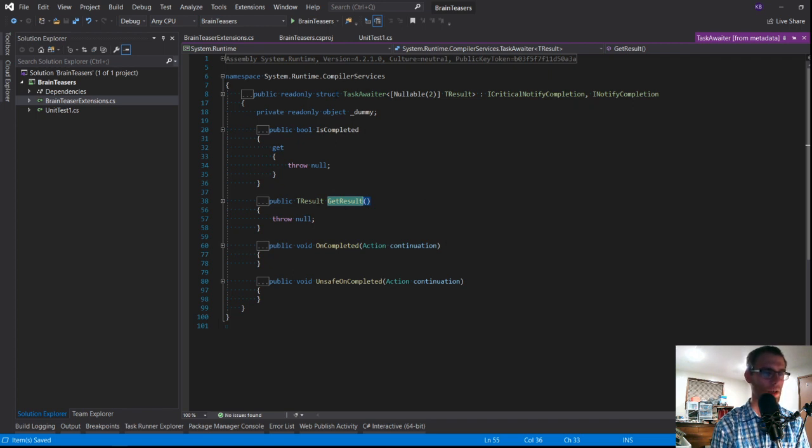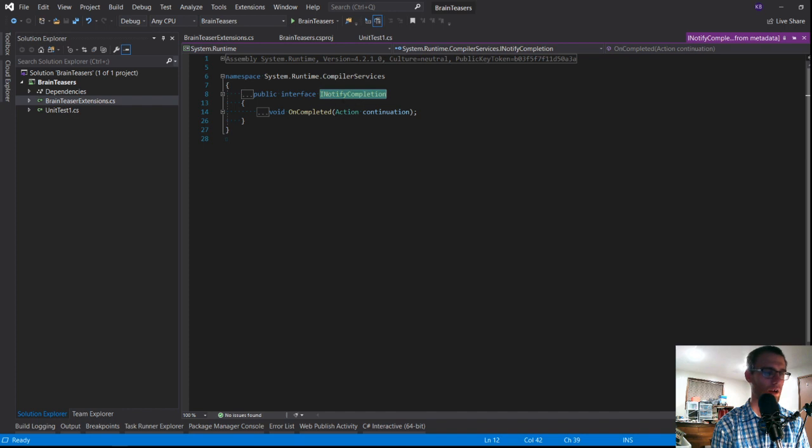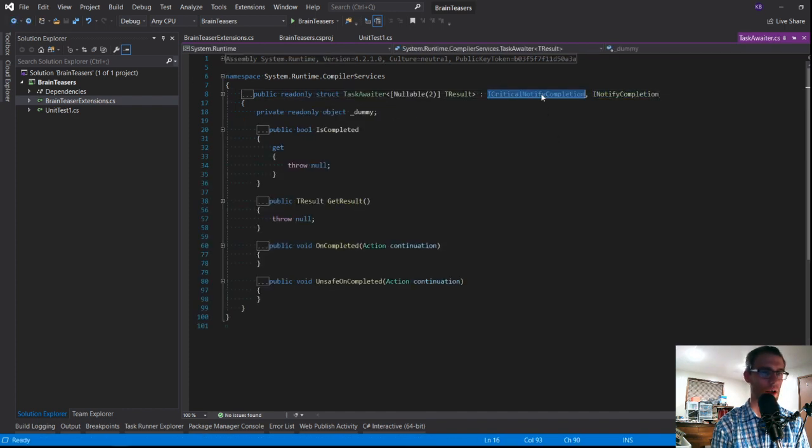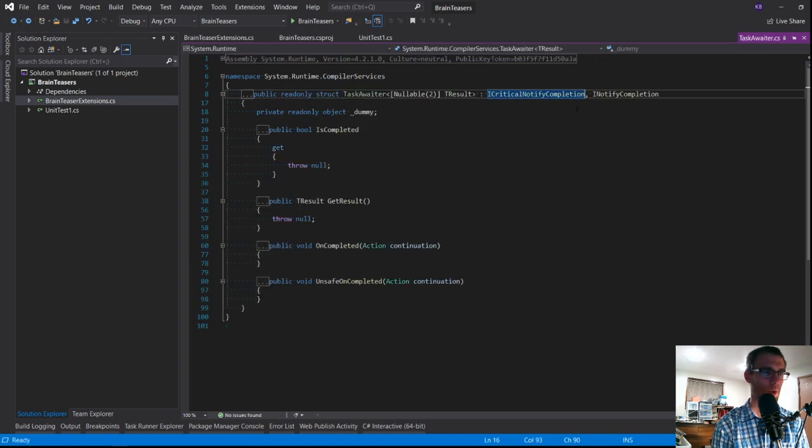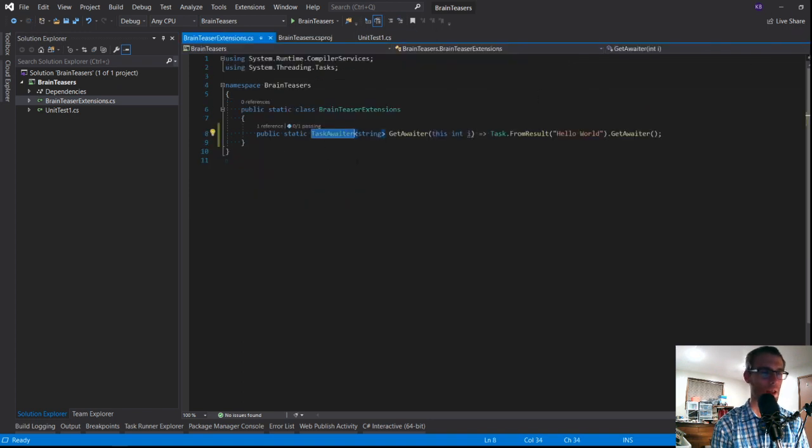So this TaskAwaiter has all of those members, and some of these things come from INotifyCompletion, and then ICriticalNotifyCompletion, etc. You have to have one of these two things because it needs to have one of these members to work with the await keyword. But once you have this, you can now make it awaitable,